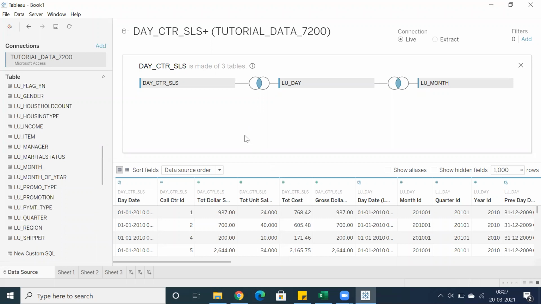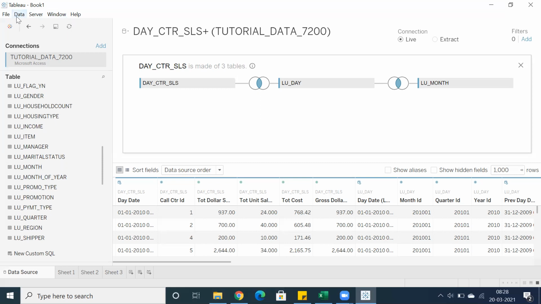Now, how many joins do we have? Three tables, 1, 2, 3, correct? How many links? 1 and 2. Two joins. But if I want to showcase it practically as an SQL statement, let's say we write a new custom SQL, but we are not experts in SQL to write custom SQL now. We have an exceptional functionality in Tableau. Remember, we have 3 tables.